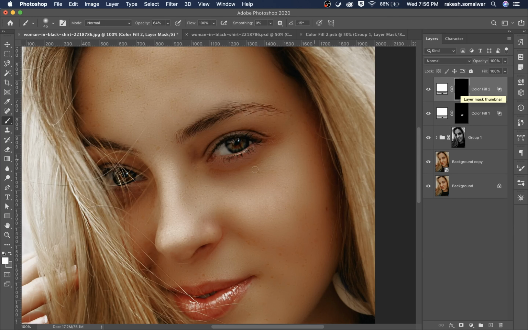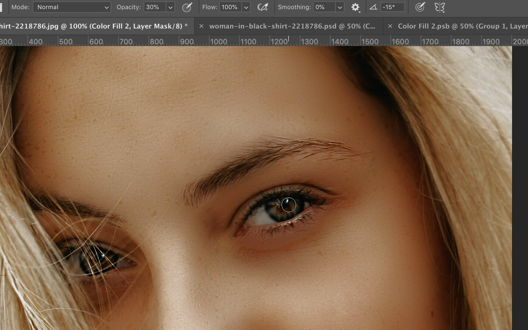And same, invert the mask with black fill color, and now take a brush and 60 opacity, I make it 30 because 60 is too much. See, right now it is looking fine, shiny. Adjust the brush opacity and just fill that area.